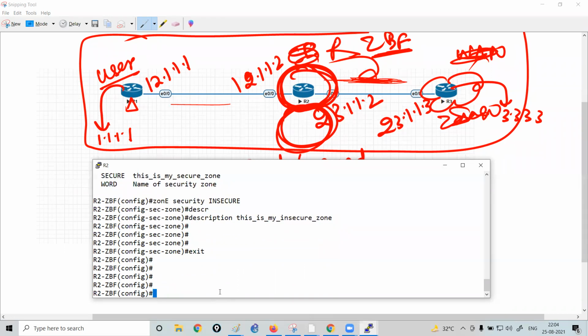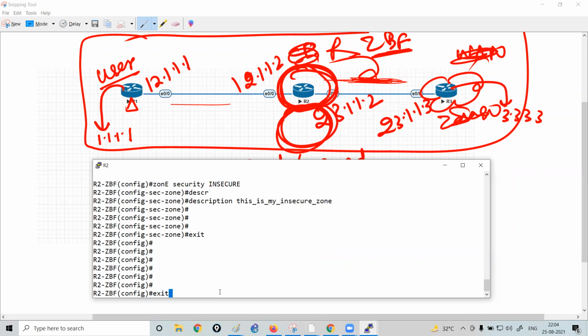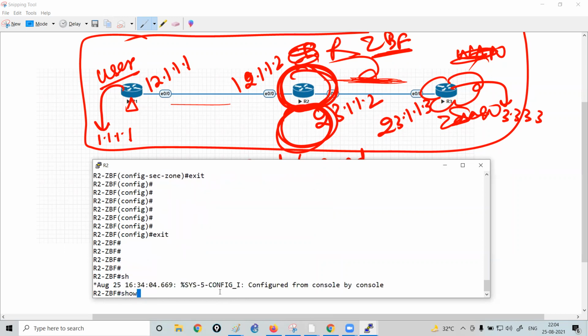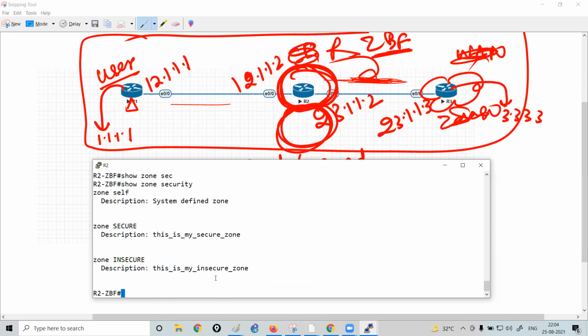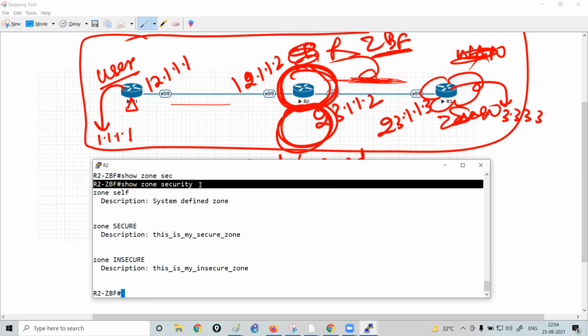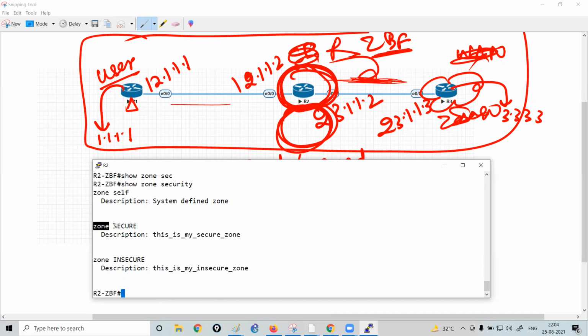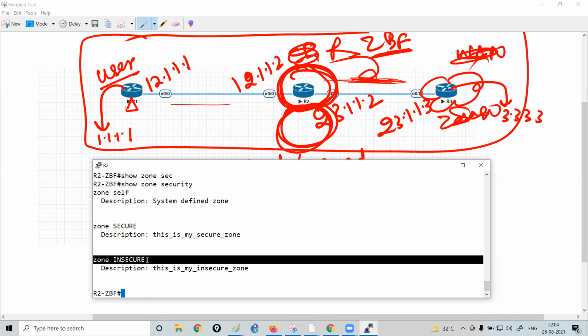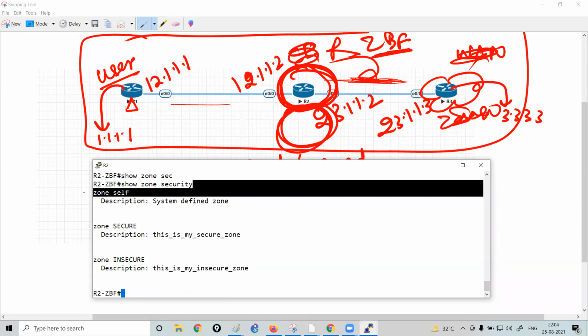Fine. Now, how do you verify this? You can run this command, show zone security, and the router says that you have created a zone having the name secure. Okay. There is another zone which you have created, insecure. Fine. Now, do you see something called zone self, which I have not created, but it is there on the